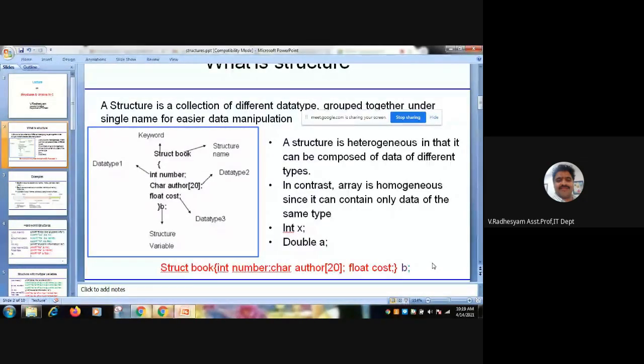B can access number, B can access other, B can access cost. All these are multiple and heterogeneous. Number, other, cost. You can increase up to your extent, whatever you want. All the three can be accessed using a variable called B: B of number, B of other, B of cost. Fine?